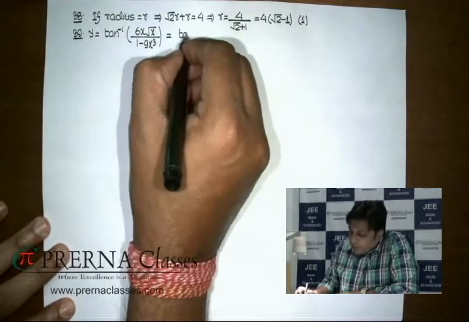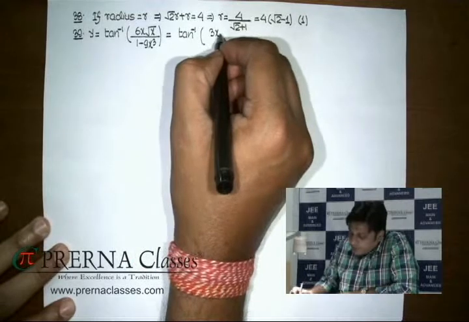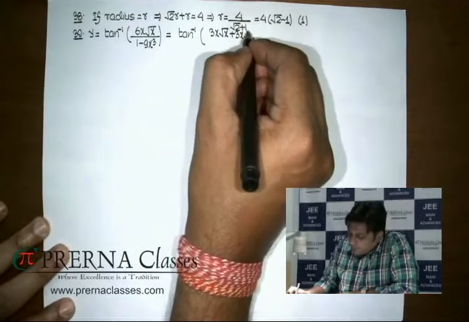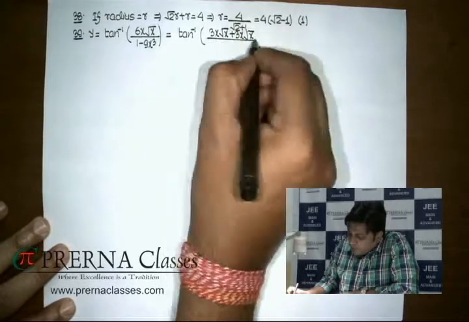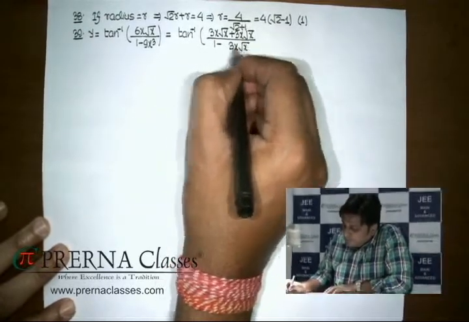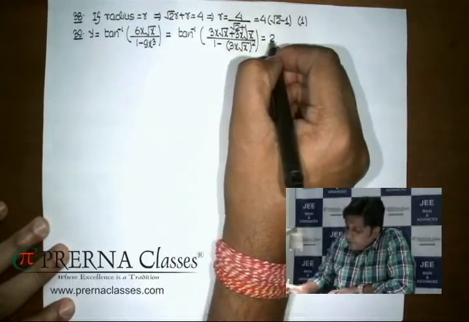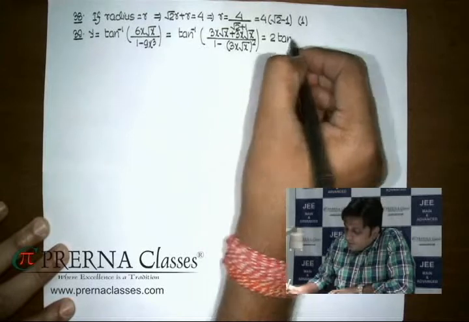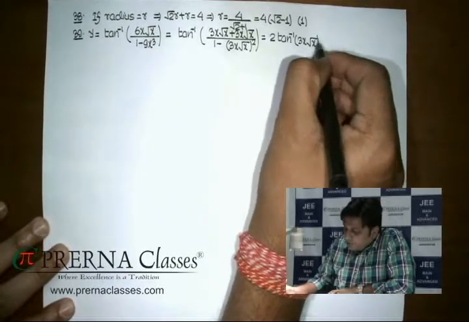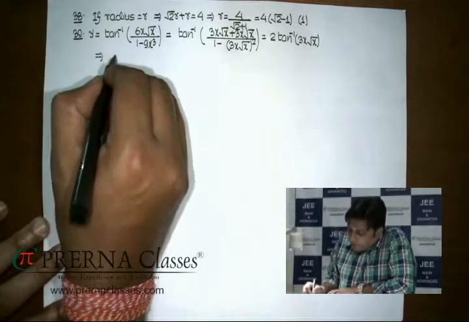Note that we can also express this quantity in another form. What that implies is y is equivalent to 2 into tan inverse 3x into root x, and therefore